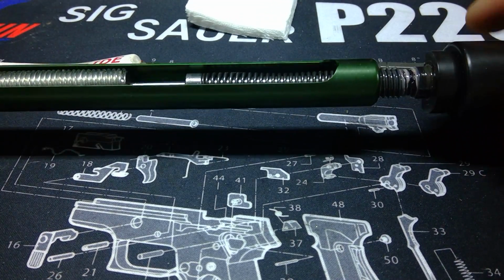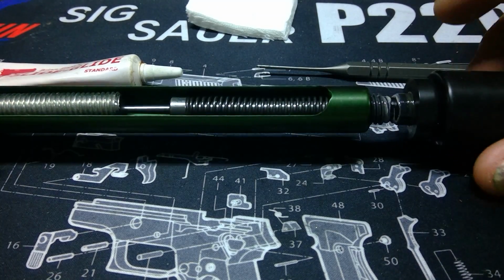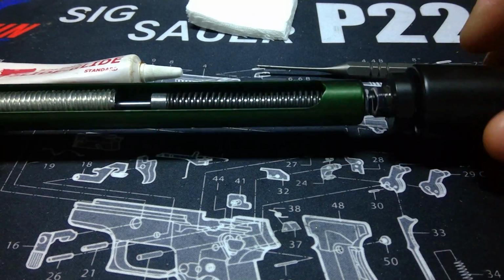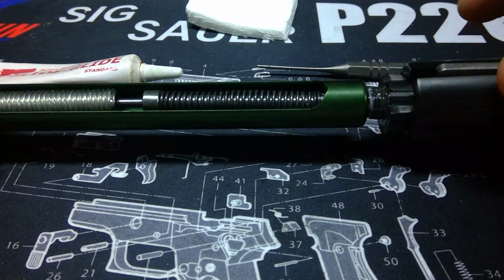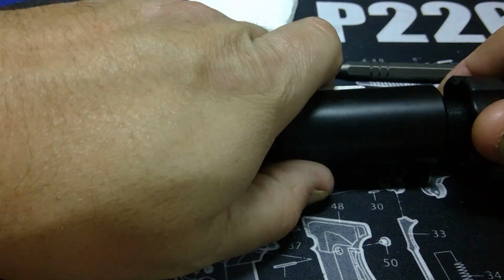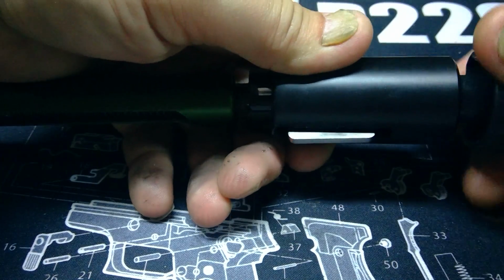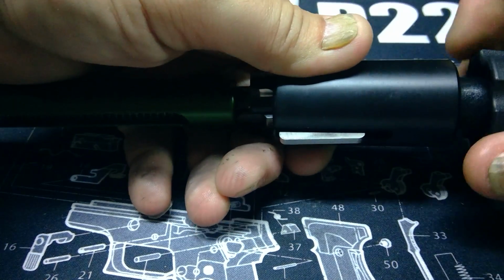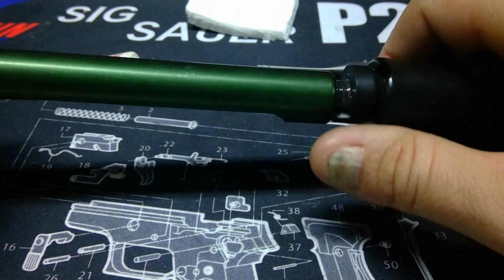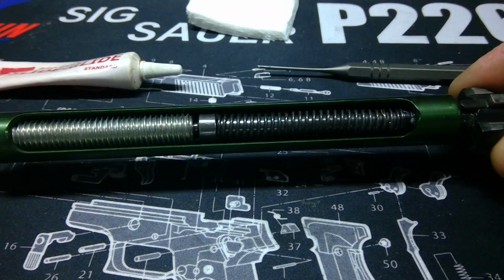So, just screw this under here. And then we'll unscrew this, and take this off. There we go. And then to get the firing pin out,